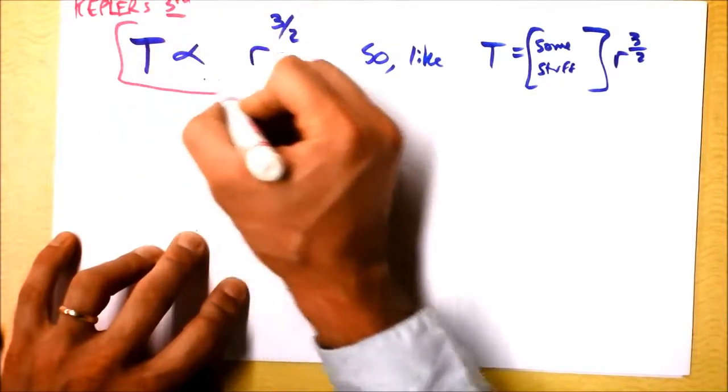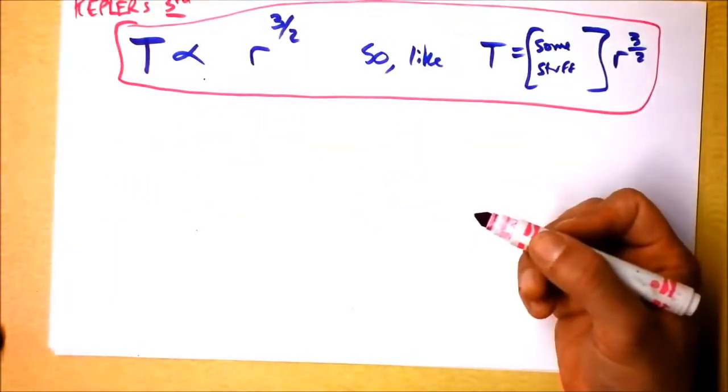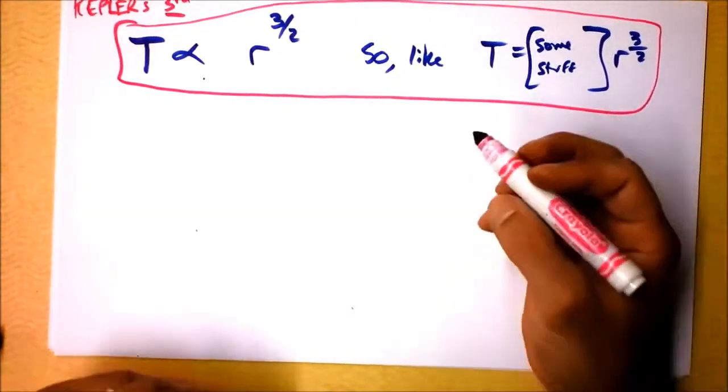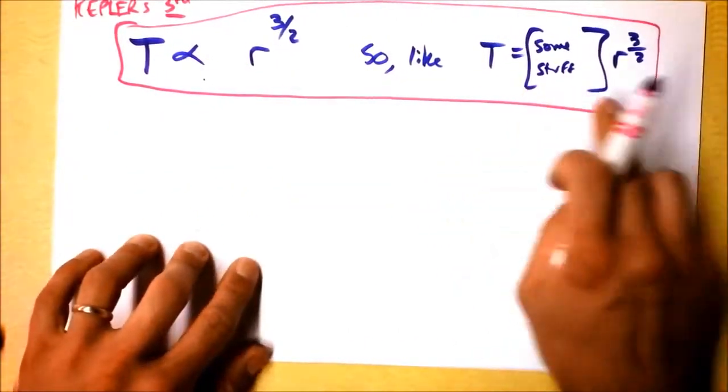That was all that Kepler said. Newton came along 80 years later. Nah, maybe not 80 years. Maybe it was just 20 years later. Everybody had accepted this because the data showed this, and no one really knew why, and no one knew what